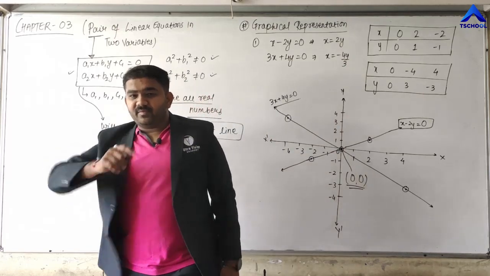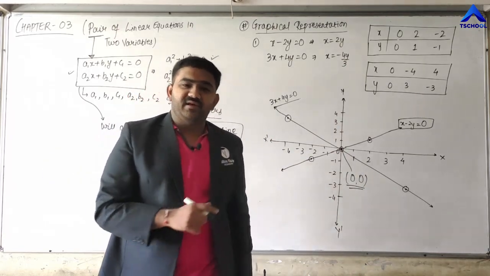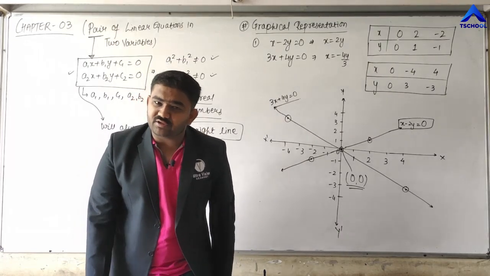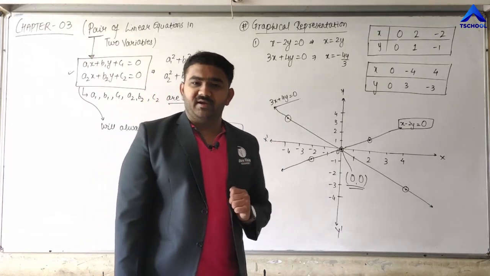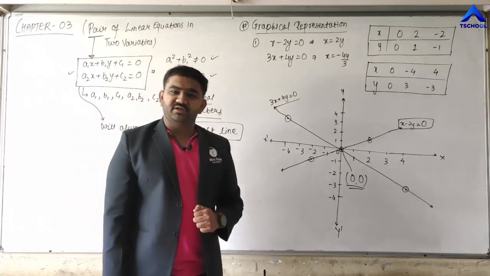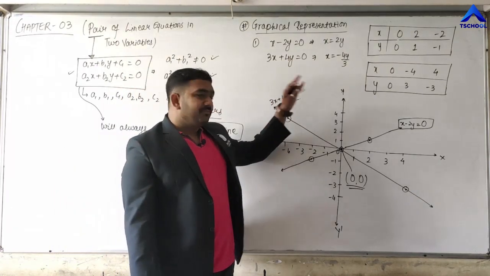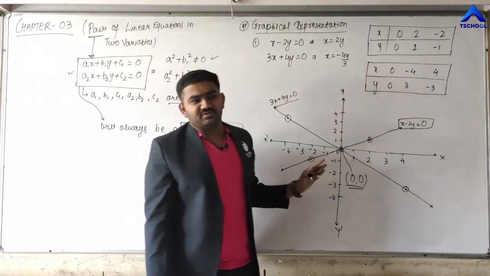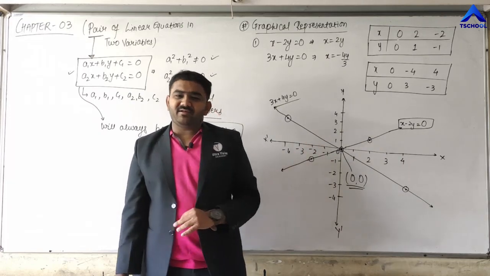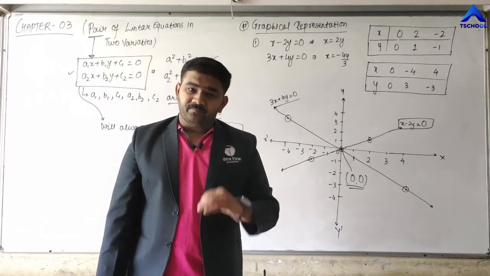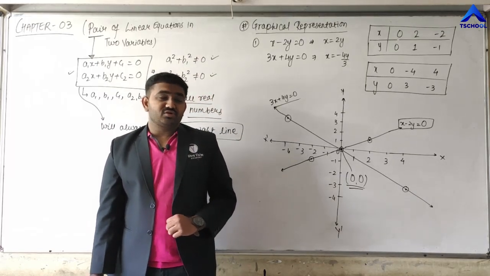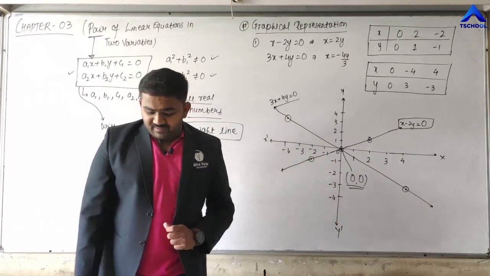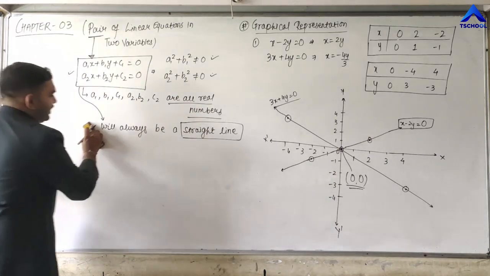So the main purpose of first doing the graphical representation is to find out how to find the solution to a pair of linear equations in two variables graphically. By plotting the lines on the graph, finding the solution and plotting these points on their respective lines, we can find the solution of a pair of linear equations in two variables. So basically, after seeing this example, we can say that when you have a pair of linear equations in two variables,